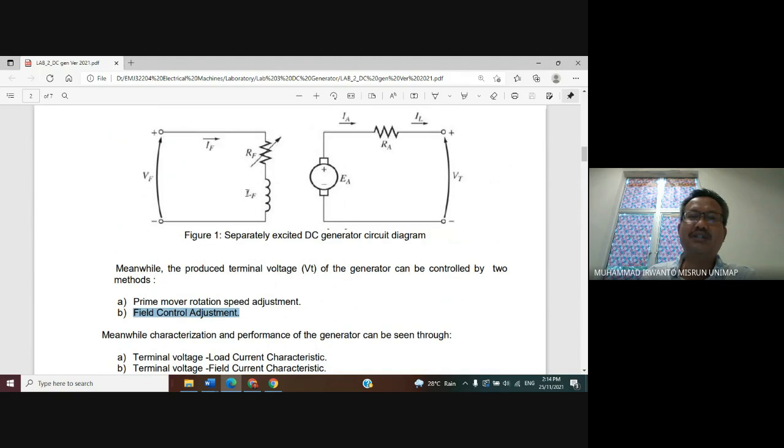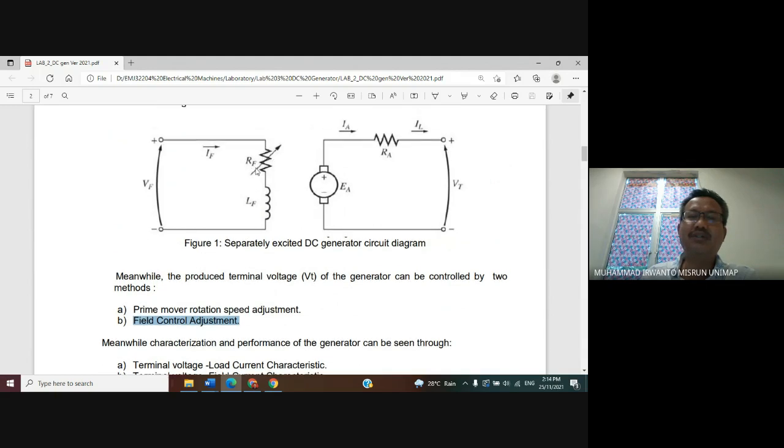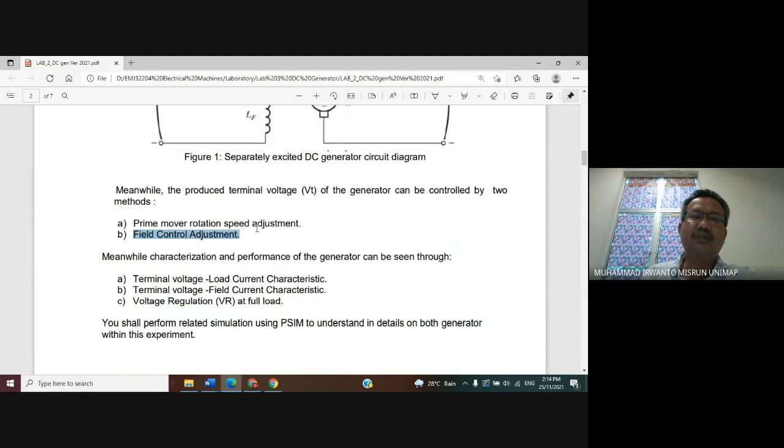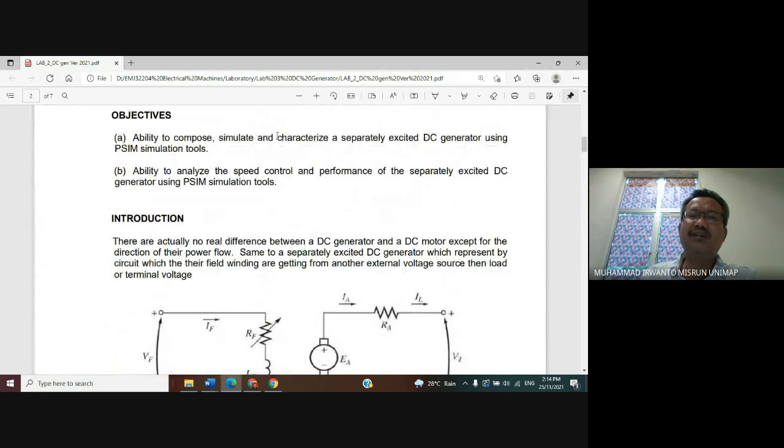And also it can be controlled by adjusting the values of the field resistance here. This one.